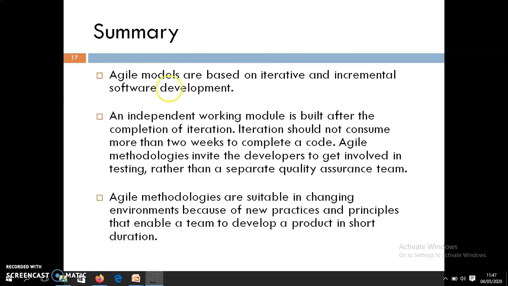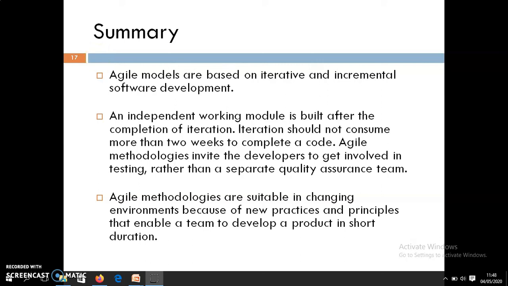Agile is a methodology suitable for changing environments and changing customer requirements, and new practices and principles are followed by the team members. With agile the team can work better, with proper communication and coordination between the team. For small industries and smaller organizations, this particular approach is used.